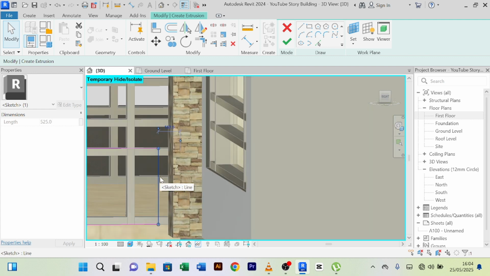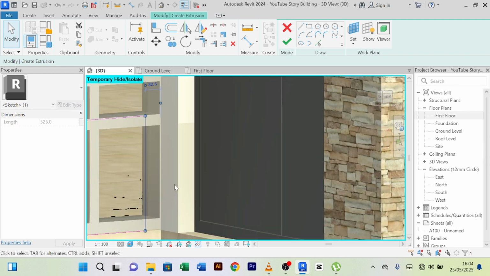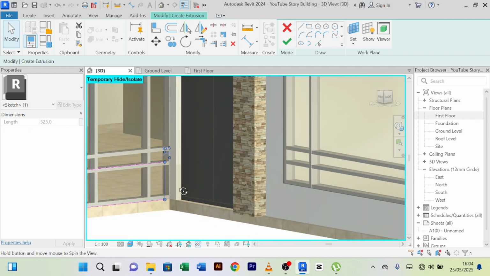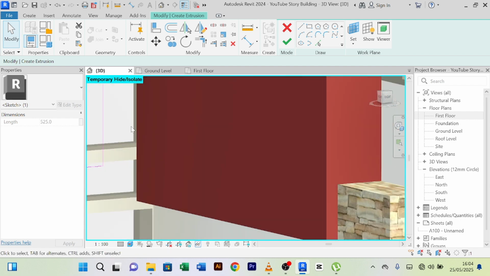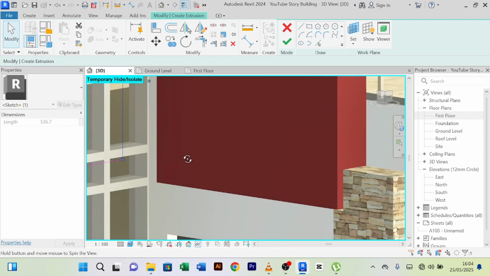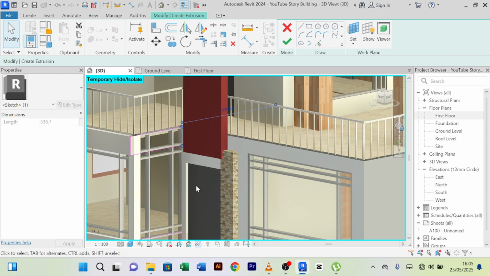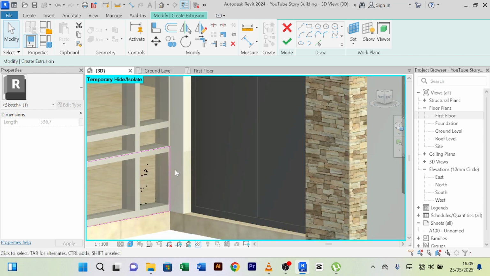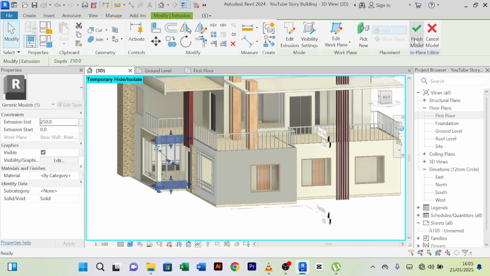I'll bring this one towards this end. Let's see what we have there. So this one will go all the way to the end of this wall. And then of course this one will also go all the way to that wall there. Something like that. So if we click OK, OK,